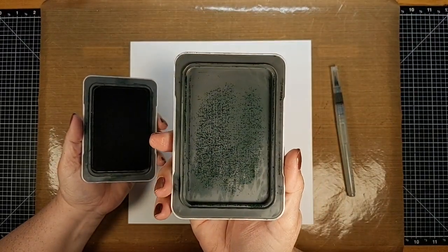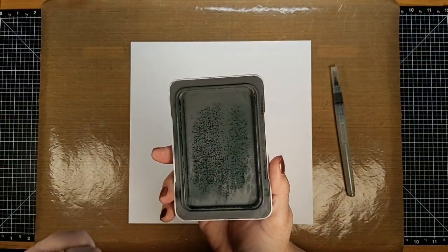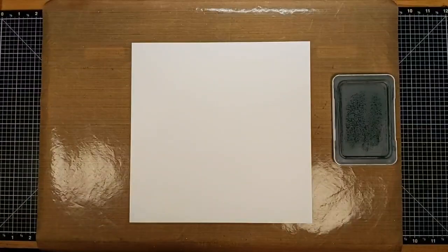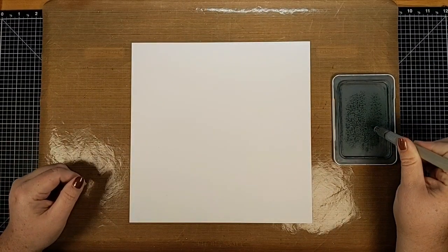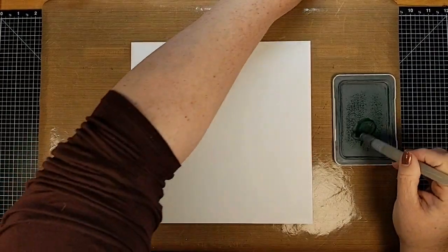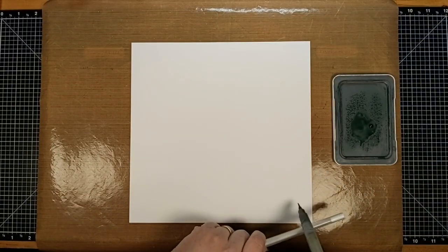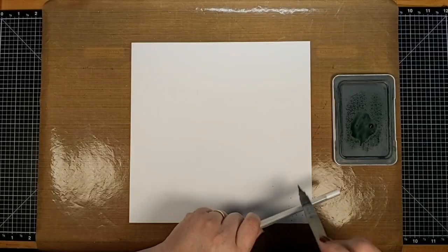So I've squeezed the lid of my ink pad, the pine colored ink pad, transferring some of that lovely pine ink to the lid. And then I'm going to take my water brush and I'm going to go ahead and get this nice and juicy. And let me see, what have I got? I'm going to grab my gel pen